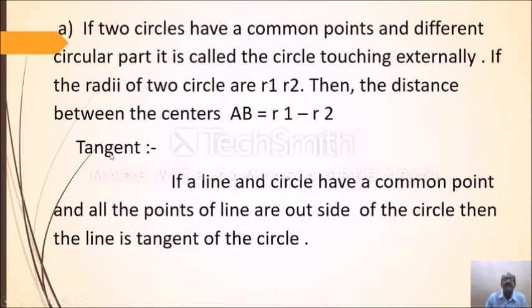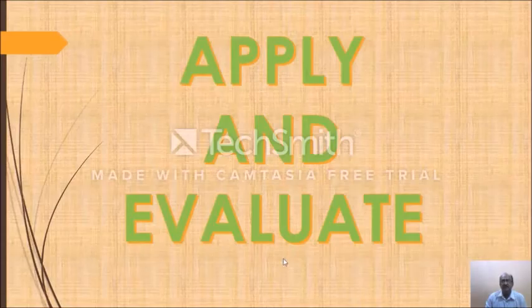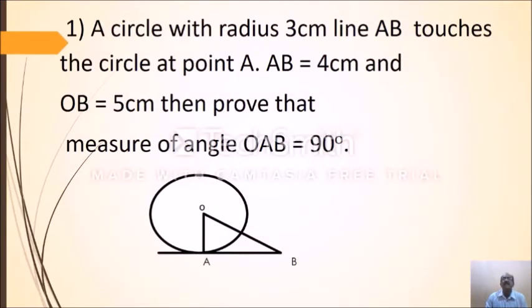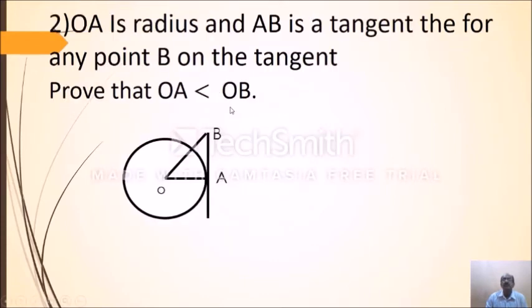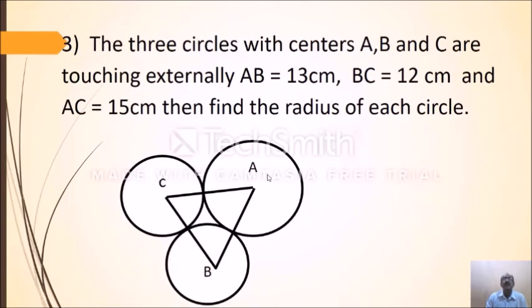Now we will see the tangent. If a line and a circle have a common point and all the other points of the line are outside the circle, then the line is tangent to the circle. A circle with radius 3 cm, line AB touches the circle at point A, that is line AB is a tangent. AB is 4 cm and OB is. See, three circles are touching externally with centers A, B